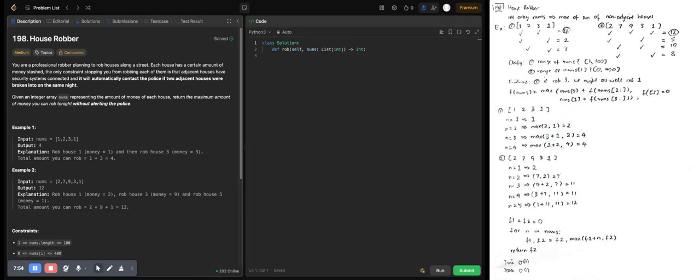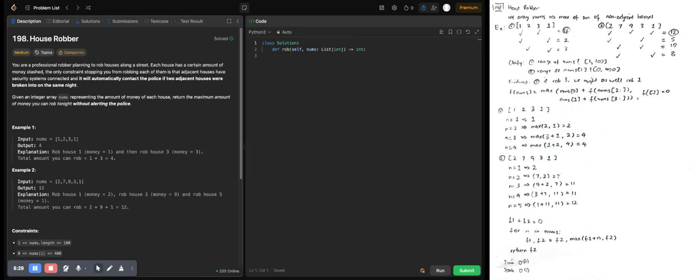If I want to rob nums, let me write down f of nums. This should be equal to max. Either I rob the first house, so if I rob the first house, then that would be nums of 0